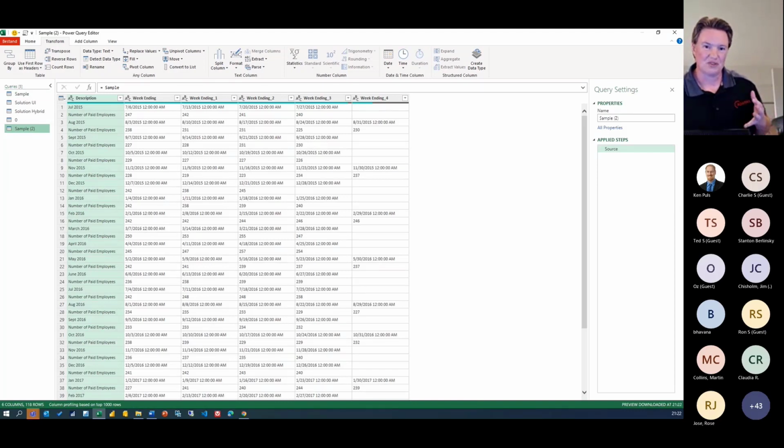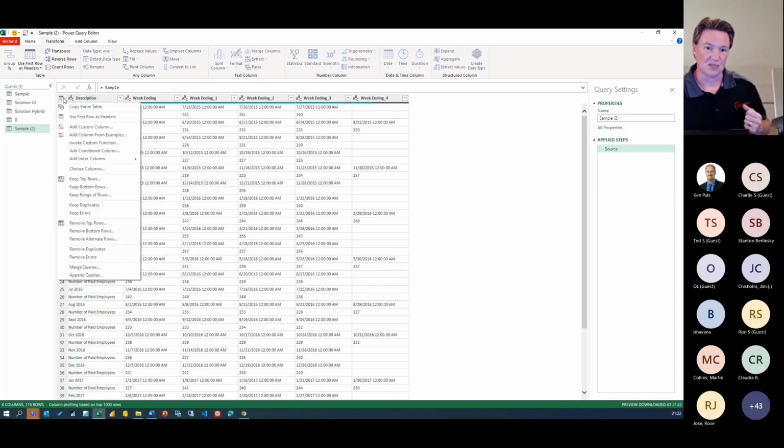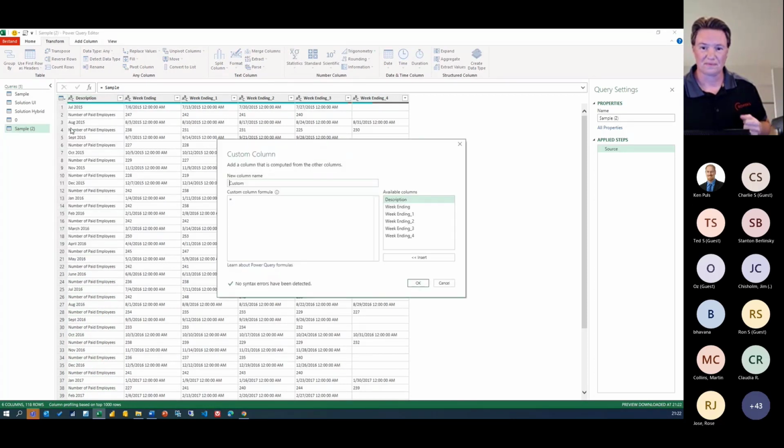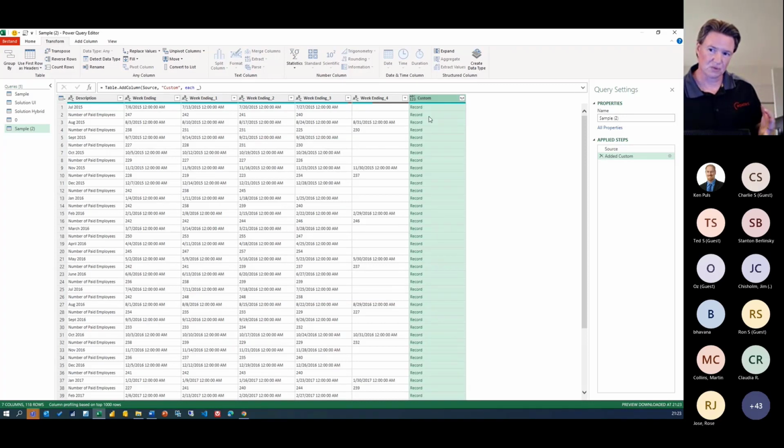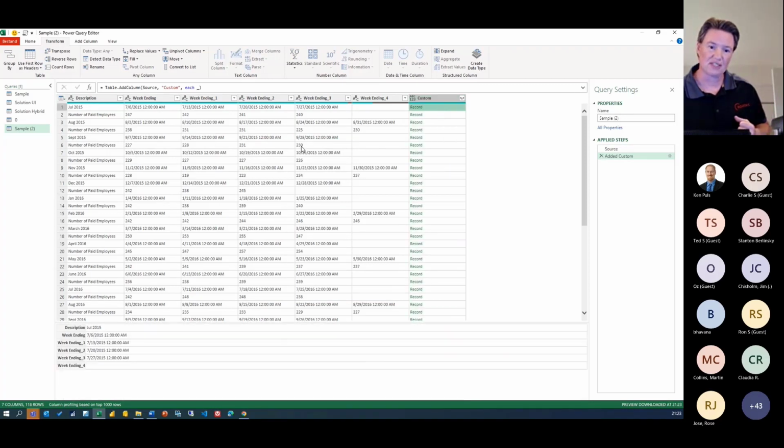And this time I'm going to add a custom column to this table. So I'll add a custom column. And all I'm going to do is enter an underscore to get a record for the current row of the table. Press OK. So this returns a record. And when I click off to the side in the white space, I can see that it has all of the values of that row inside the table.